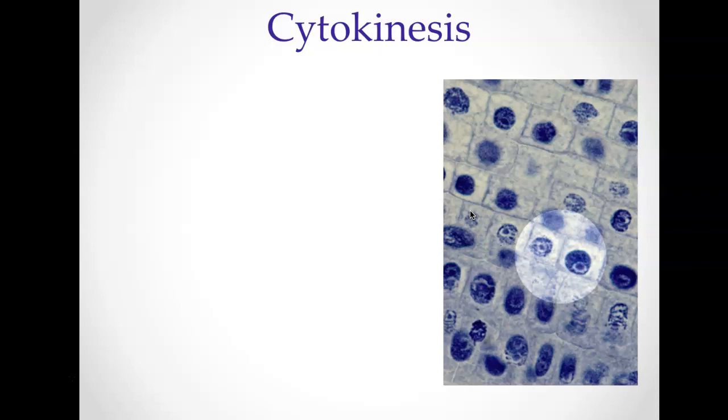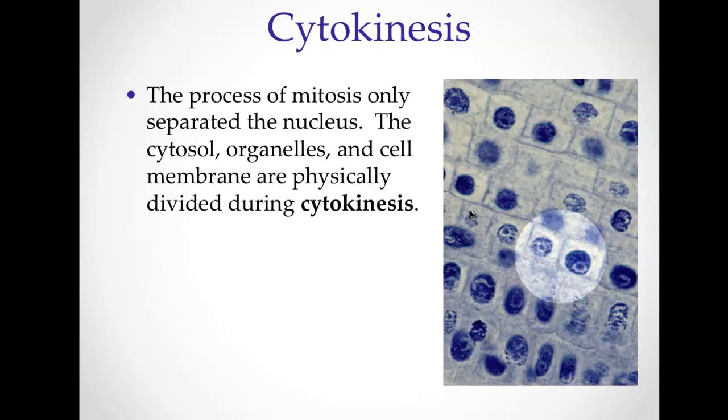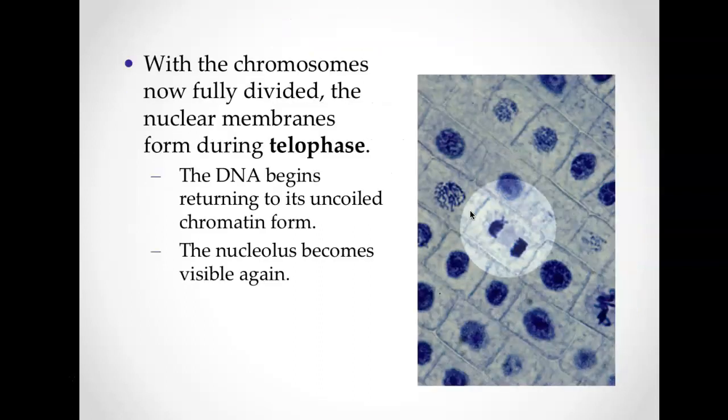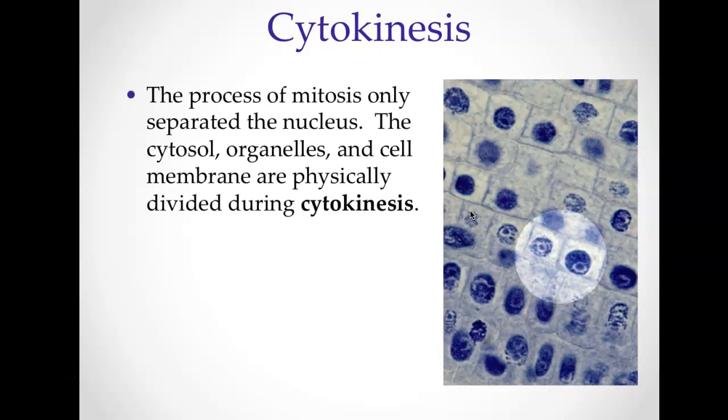Cytokinesis is where the cell is actually going to divide. So in PMAT-C, cytokinesis is the actual division. Telophase is where the new nucleus forms. New nucleus forms during telophase. I'd write that down. Cytokinesis is where the cell literally divides. So the cytosol, organelles, and cell membrane are physically divided during cytokinesis. The cell returns to interphase at this point. I don't want to go too fast. That's why I keep going back to make sure you have it written down.